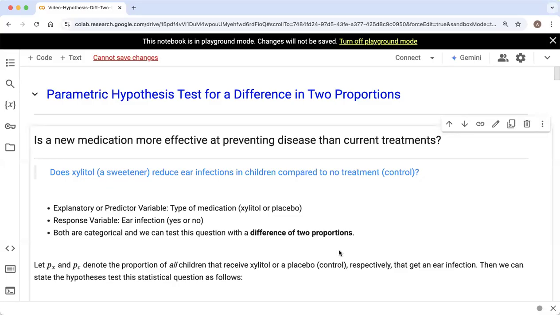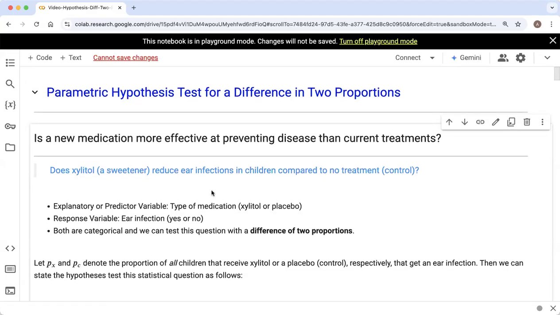All right, welcome everybody. In this video, we are going to walk through how we can do a hypothesis test for a difference in two proportions using the central limit theorem as a way of constructing an approximation for the null distribution. So the example that we'll take a look at is, let's say we want to test a possible new medication to see whether it's more effective at preventing a disease from a current treatment or maybe just a